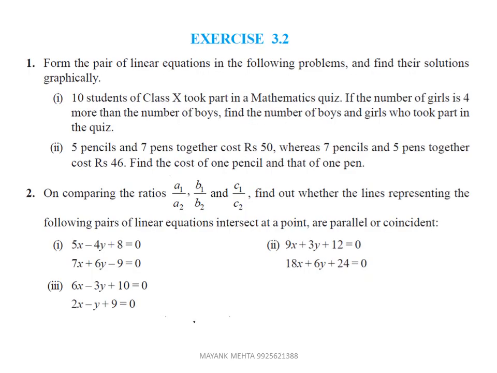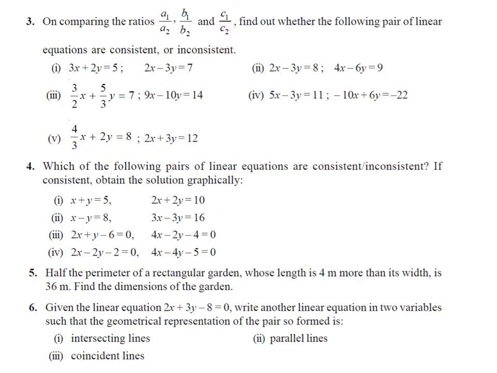Now here exercise 3.2 is given. आप ये एक्सरसाइज के सारे सम्स कर सकते हो, और जो कुछ कुछ क्वेश्चंस मैंने भी यहाँ पे कवर कर लिए हैं। तो जैसे कि पहले का फर्स्ट है वो 10 स्टूडेंट्स वाला हमने किया, दूसरा आपको ट्राई करना है। और यहाँ पे आप वीडियो को पॉज कर सकते हो, आपके पास बुक है तो डायरेक्ट उसमें से ही कर सकते हो। ये उसके पीछे का पेज, मतलब के दूसरे क्वेश्चंस, उसमें भी देखो हाफ ऑफ द पेरीमीटर वाला हमने ले लिया है। इसमें consistent, non-consistent वाला भी है, मतलब ये भी कॉन्सेप्ट आपको क्लियर होना चाहिए।